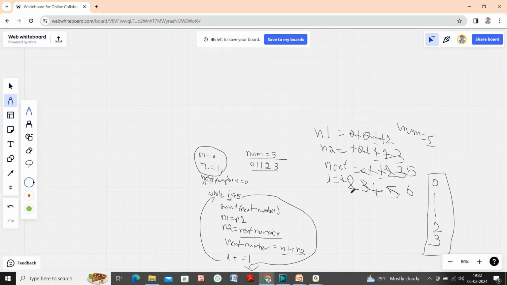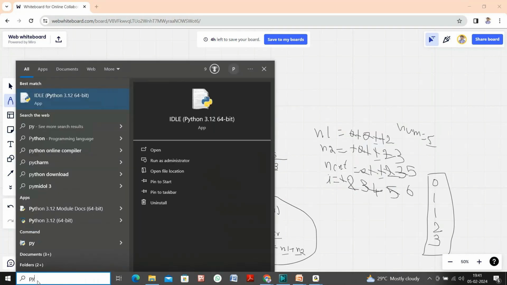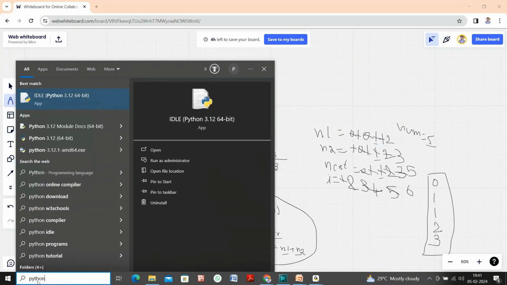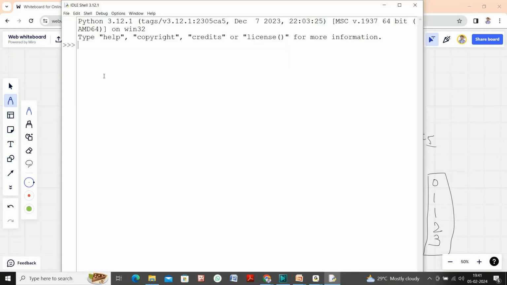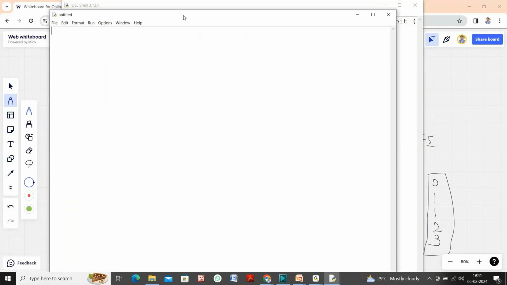Now for this logic, we need to write a Python program and run it. To write the program, I use Python IDLE. It's the default IDE which is available with Python 3.12. You just open it and click on File and New File. Then